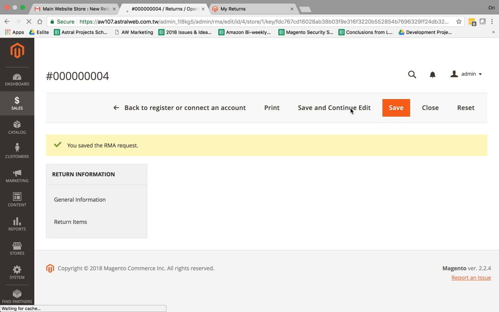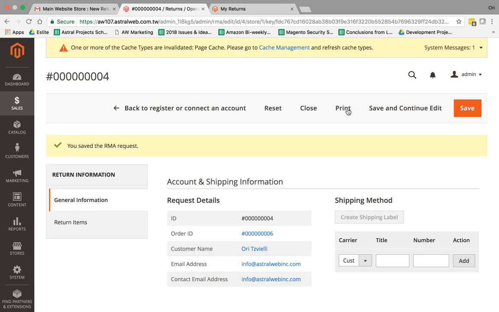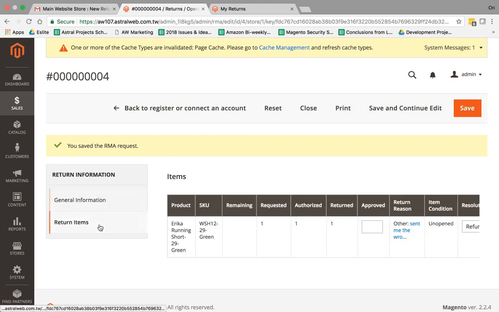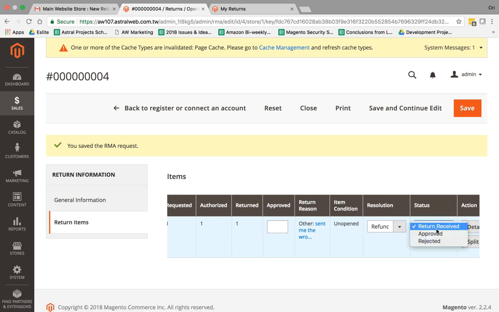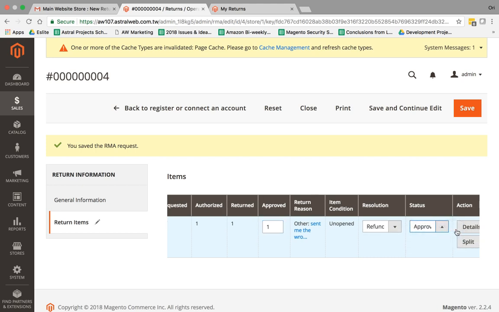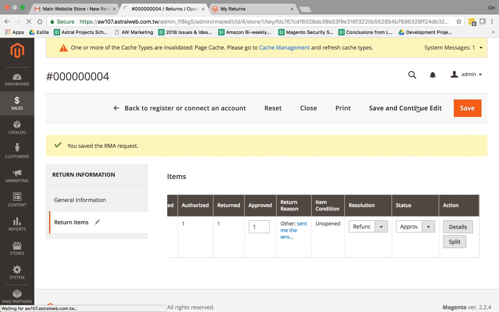Once someone has received it, we need to check that the box is really unopened, wasn't switched, and everything looks good. So we would go here and either decline or reject, but let's say we approved it. I'd click approved and save.